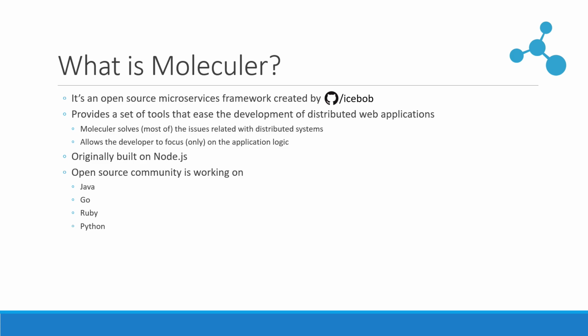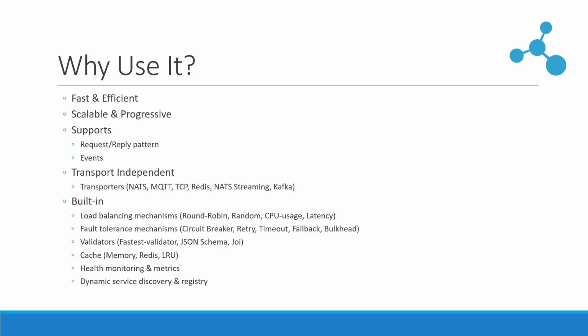Now, what do you get by using Molecular? Why should you use it? Well, you will get the speed because it's fast and it's efficient. It's also scalable and progressive, meaning that you can start by developing your application locally. And then, when you are ready, you can deploy your services, one service per Docker container, without changing a single